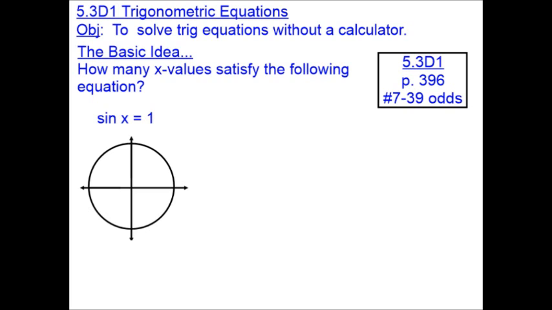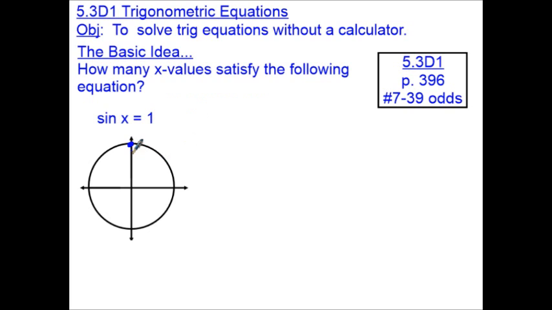be a little bit weird. How many x values satisfy the following equation down there? Sine of x equals 1. Okay, gut reaction, the answer is probably in your head 1. Alright, which would be right about there at pi over 2, so one solution for pi over 2, but wait